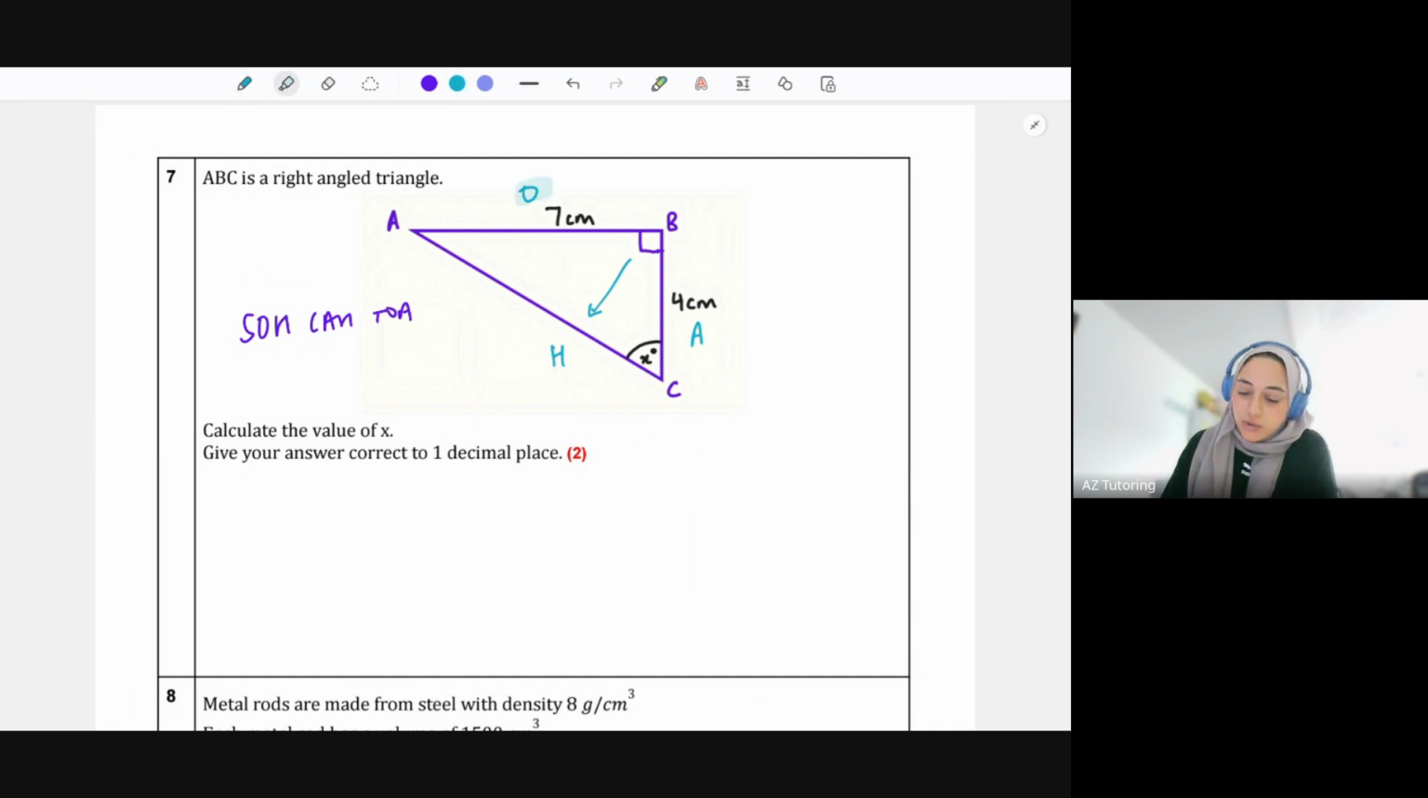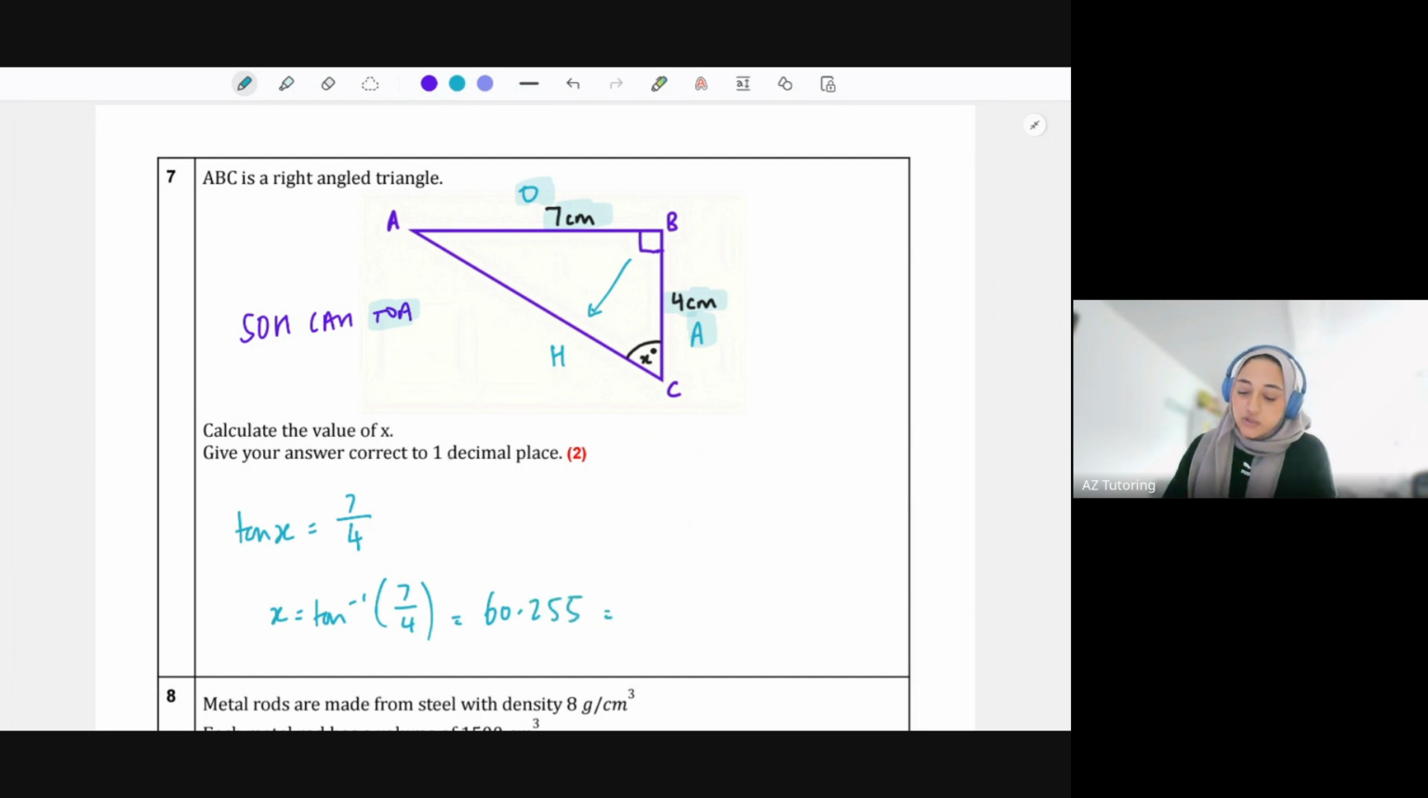Which two lengths do we have? Well, we've got O and we've got A, so we're going to be using tan. So tan of the angle, which we don't know, is x, equals opposite, which is 7, over the adjacent, which is 4. So to find x, I just need to do tan to the minus 1 of that fraction, and it gives me